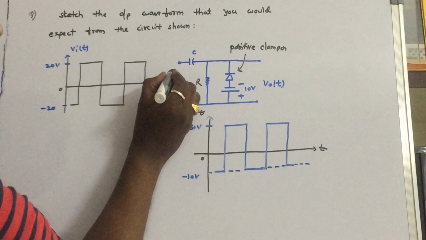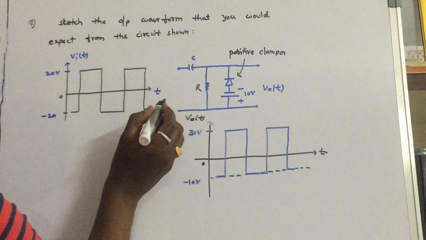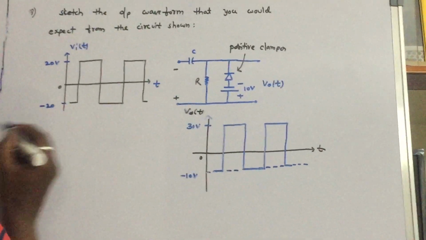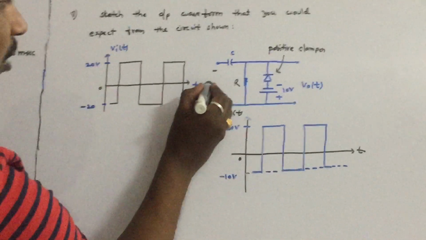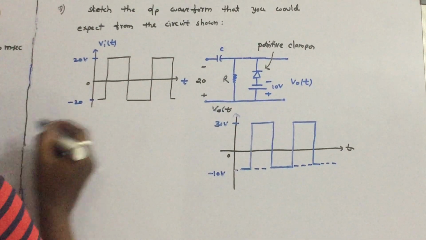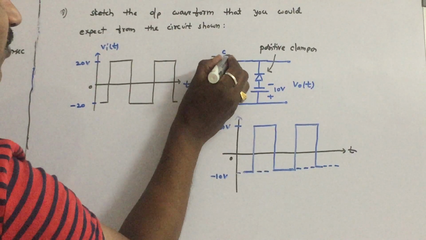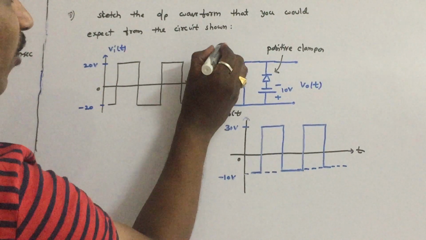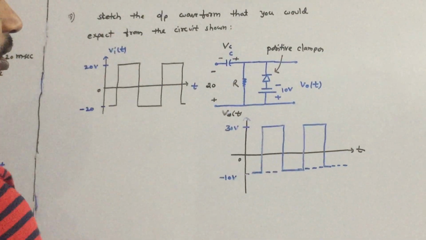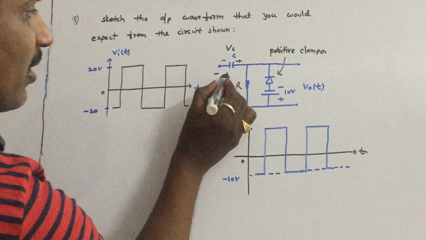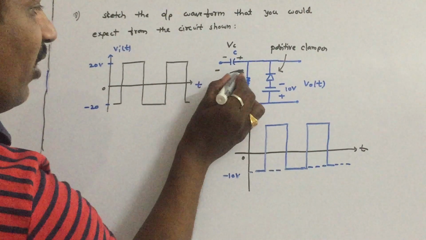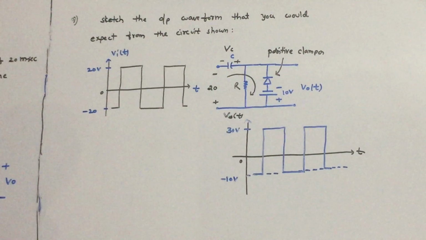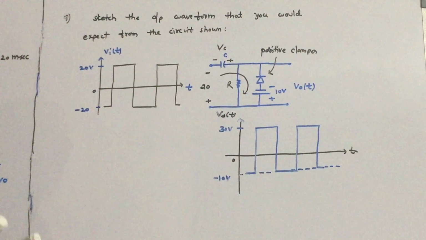Again, as explained in the previous class, what is the capacitor charge? First, for this purpose, we have to take the negative peak. What is the negative value? Here 20 is the negative value. So the capacitor charges with this polarity because the diode is forward biased during the negative half cycle. We want to find out the voltage across the capacitor. For this purpose, apply KVL to this loop. Diode is short circuited. What is the expression?